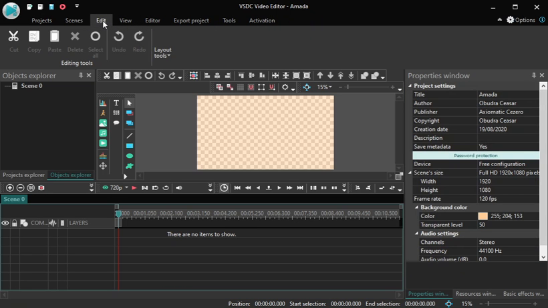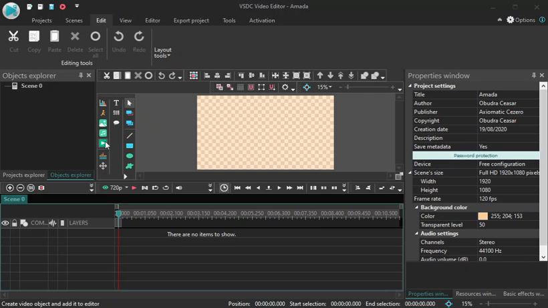When we are at edit, this part here, if I want to add a video, I add the video from here. I hope you can see. This is from where I add the video. So after putting the cursor on that button, it is giving me a pop-up message that says create a video object and add it to editor. So if I click on it, then it will open for me